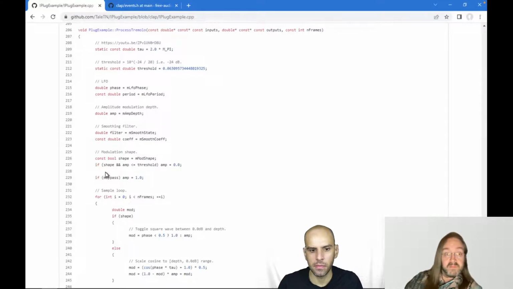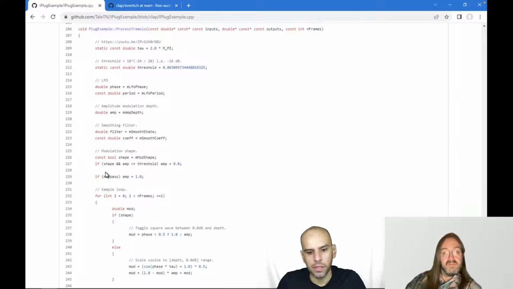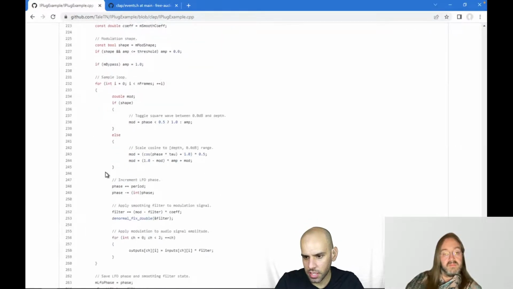Okay, we do have some questions here on the chat. Mage says, do we know the rough percentage of pro plugin developers that currently use JUCE, iPlug, or other frameworks, or develop their own solutions? Well, do you know what the market share looks like? I have really no idea.